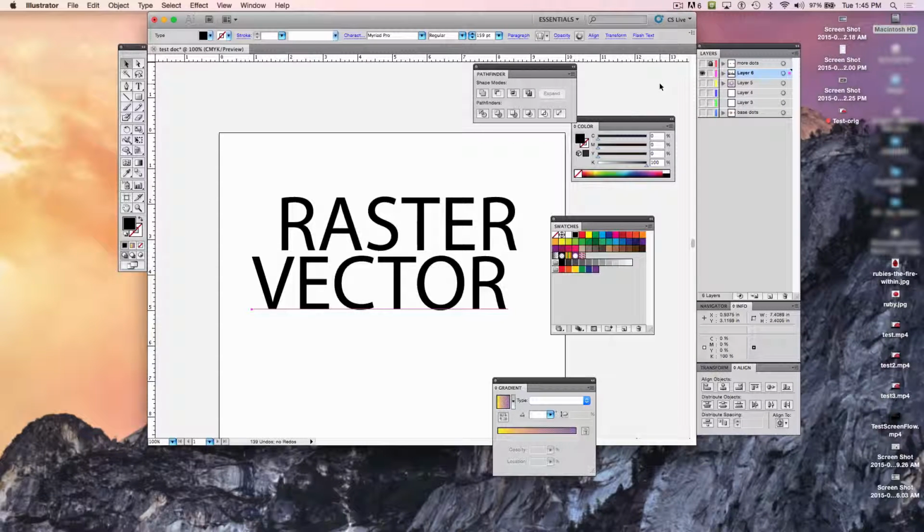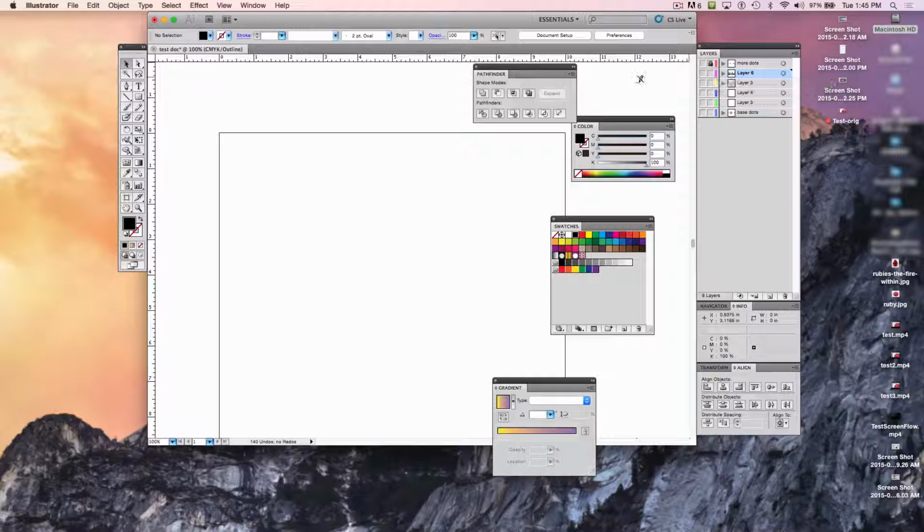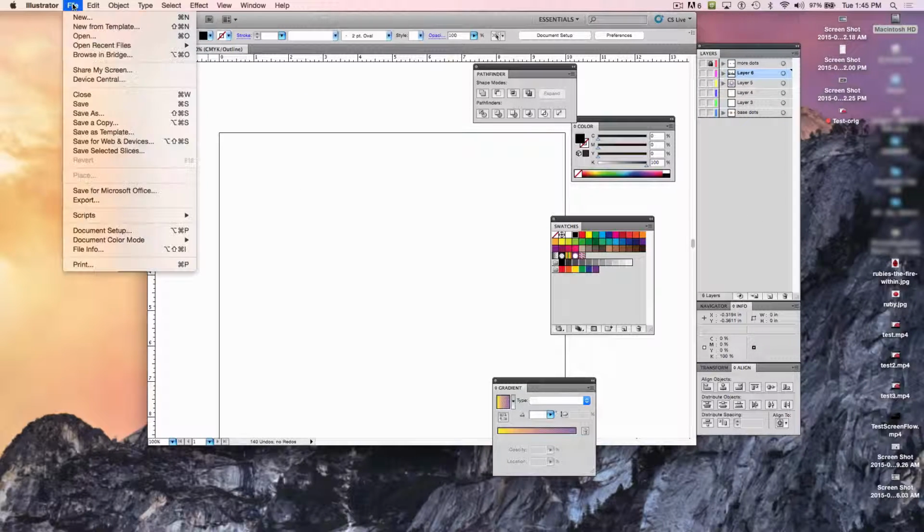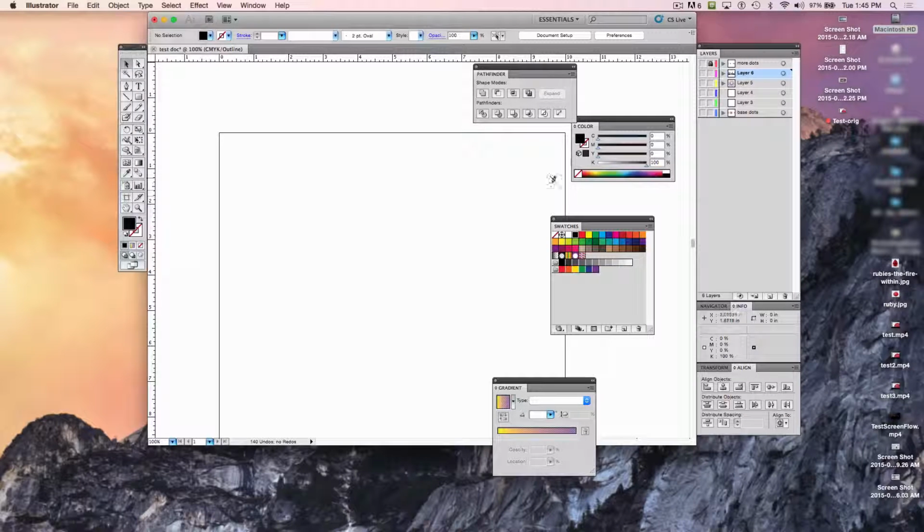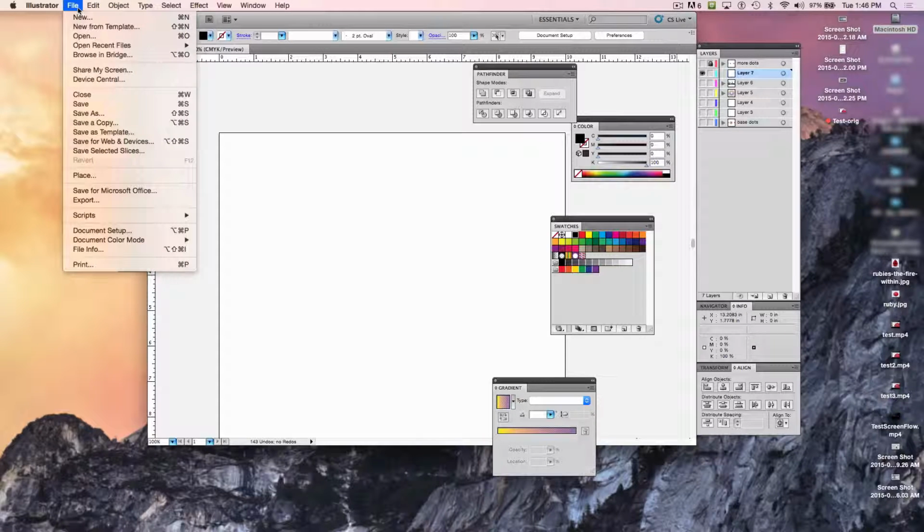Okay, so let's check out another feature over here. Let's turn off our type layer, and let's bring in some images. There's a thing we're going to do over here that relies on that. So I'm going to add a new layer, and you've got to make the layer visible, otherwise nothing's going to take place. So now that new layer is visible, I'll go down to File and Place,